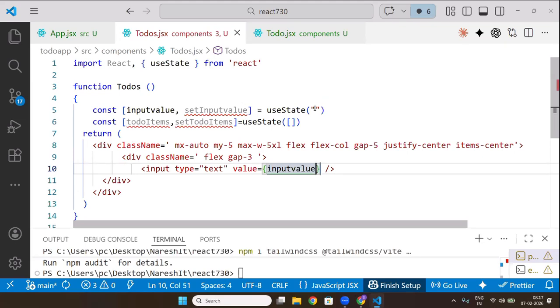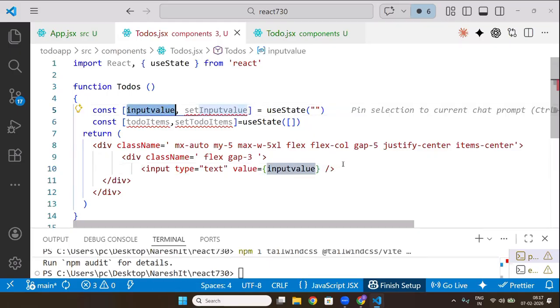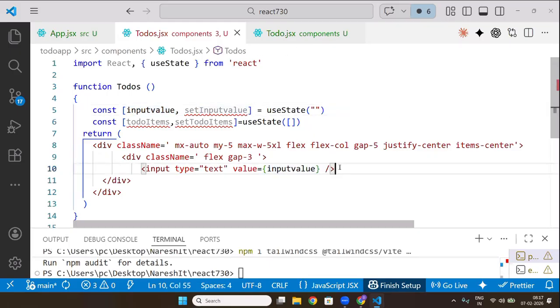Input value is empty. That is a state only, but that value is empty, and I am giving that as a value here. So obviously it's empty now. If anyone changes its state, I wanted to change this input value also. You can do that way, or I will go here,